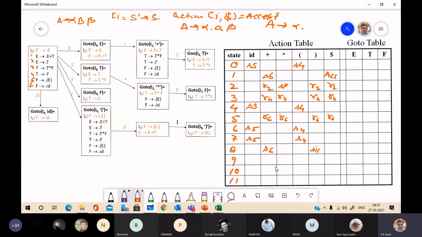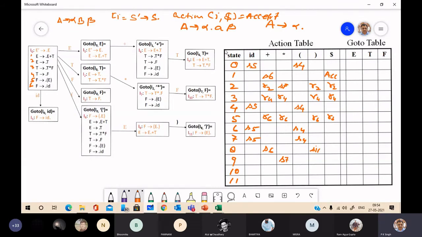This is asterisk, this is 9, shift. Go to I9, asterisk will give I7. So S7.